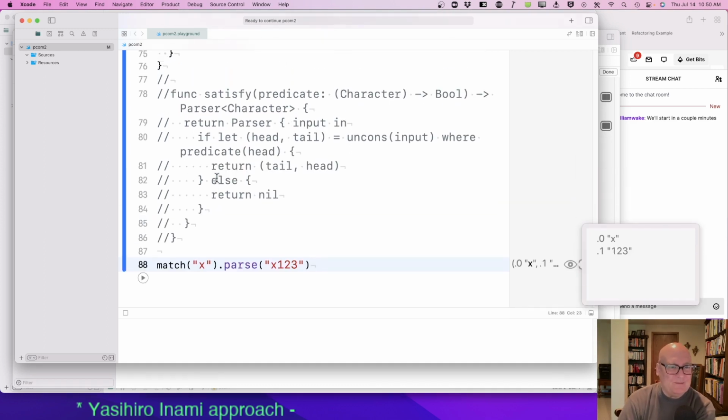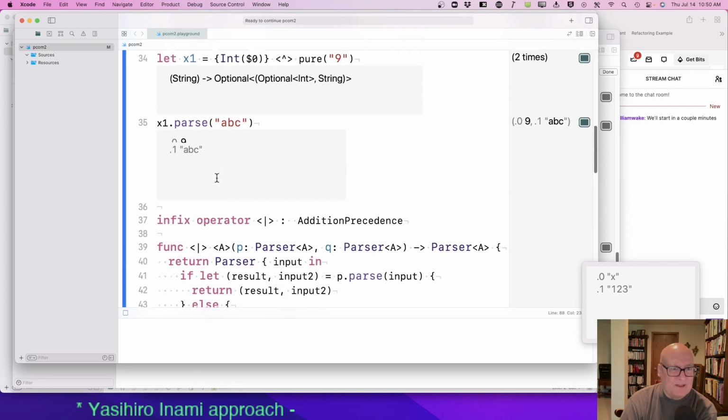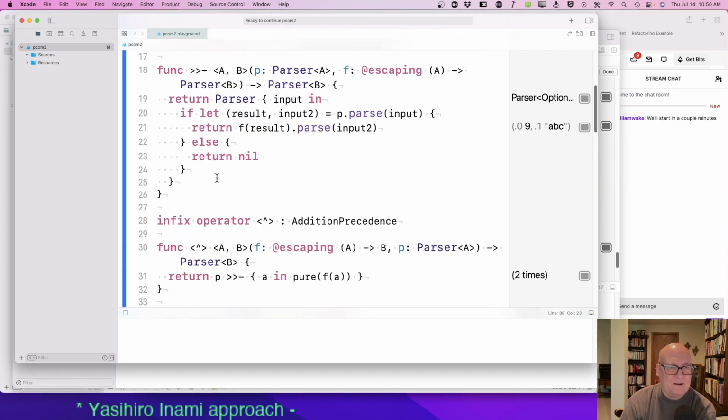Okay. Now my match function, can I work with that with these things? So match is a function from A to character. Sorry, it's a parser of character. I wonder if it should be a string, but that's okay. And I need a function from character to something.